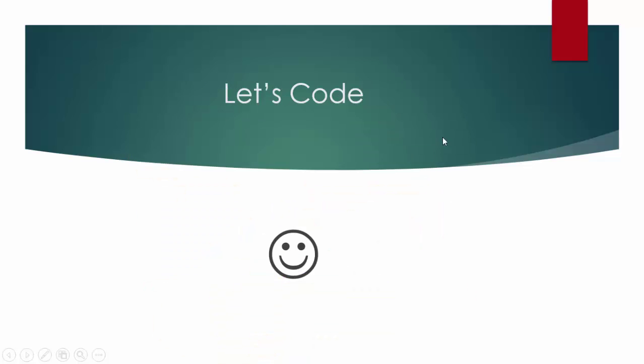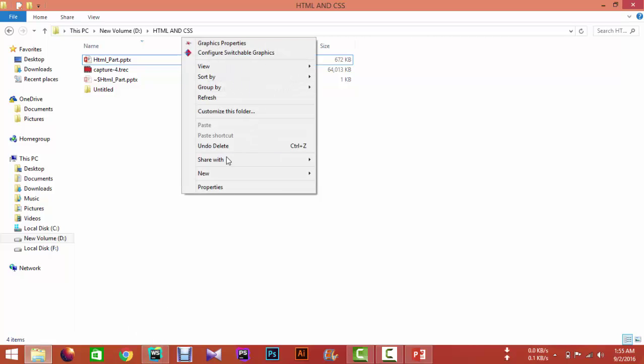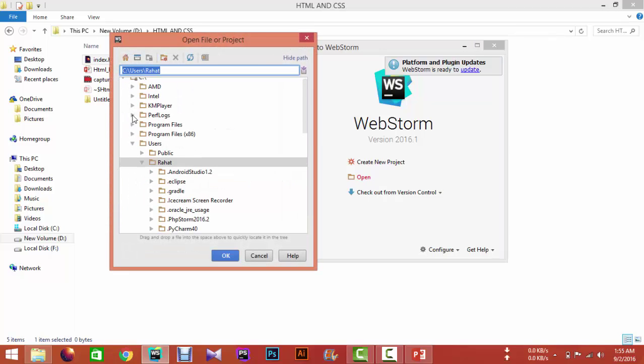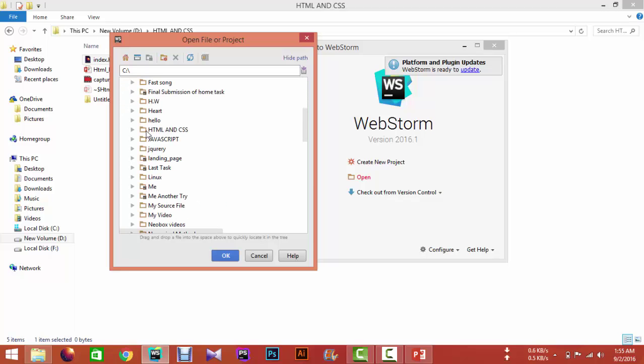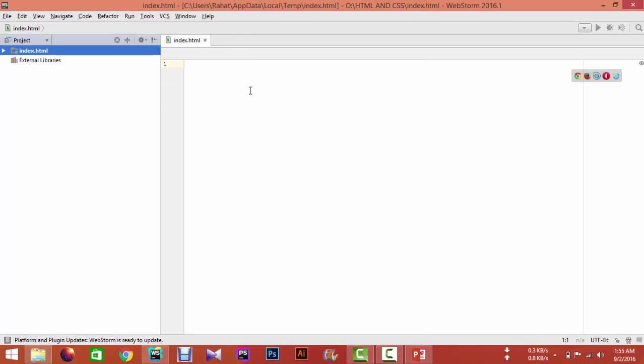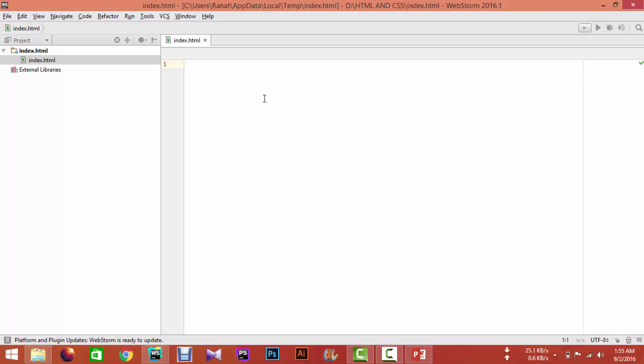So let's code. In this very introductory tutorial I'm just showing you the basic syntax of HTML. So let's create a file. We name it index, and the extension of this file will be HTML. Let's open WebStorm and open this file, index.html. If you use this IDE, WebStorm, you can feel this is really awesome. Okay, let's write. At the beginning we write doctype html. This means document type HTML. You have to write this because this is a standard format given by the